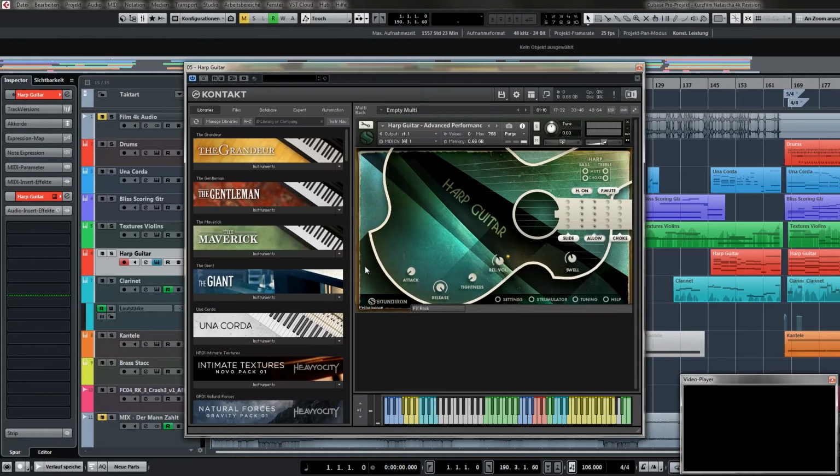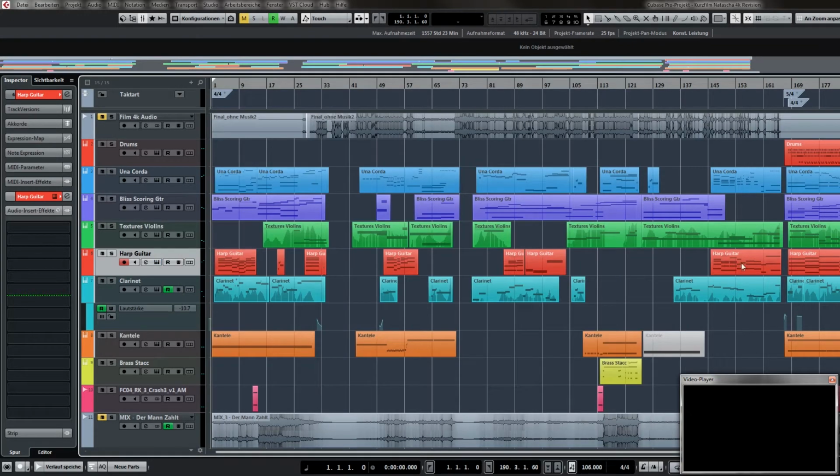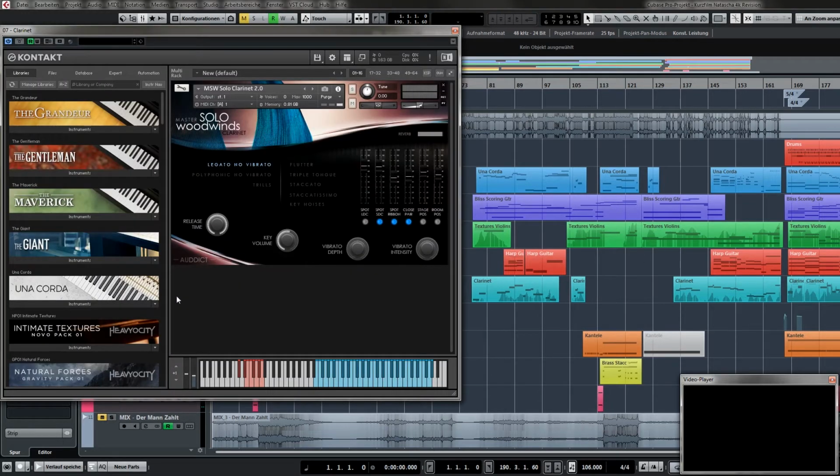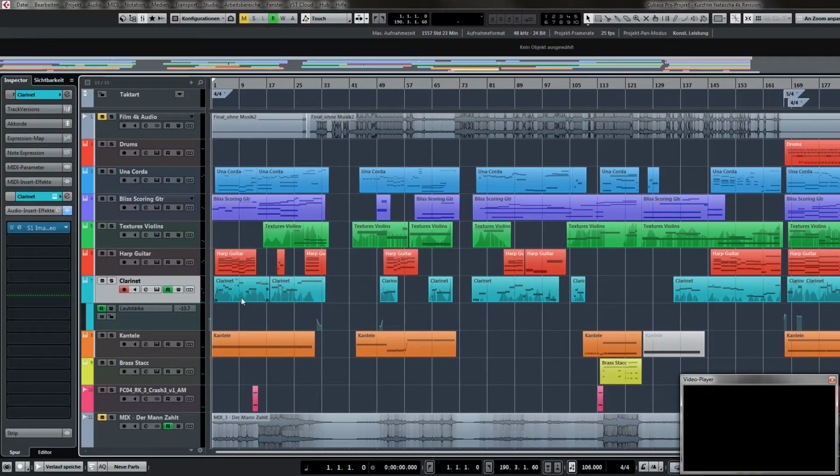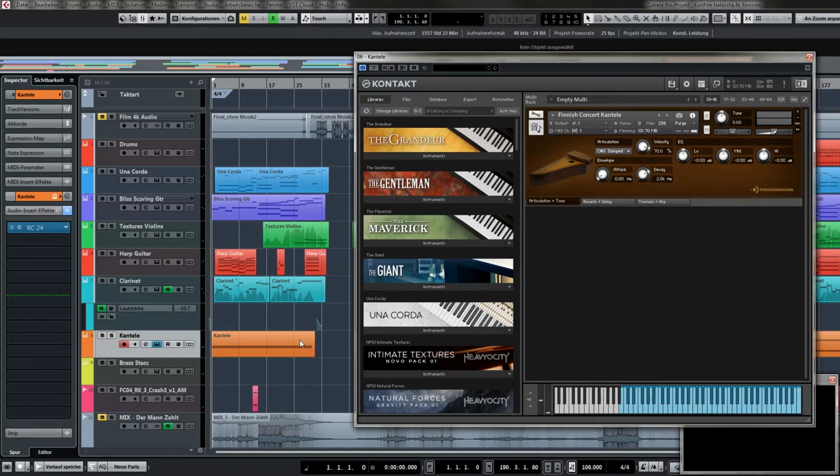Then we have harp guitar. They do the emotional thing and also provide some body at certain points, so you can see only at specific points. Then we have the clarinet for the more emotional and softer sound here, and together with the una corda, it provides all the melody part. And the cantele, I don't know how to pronounce it, this instrument here,